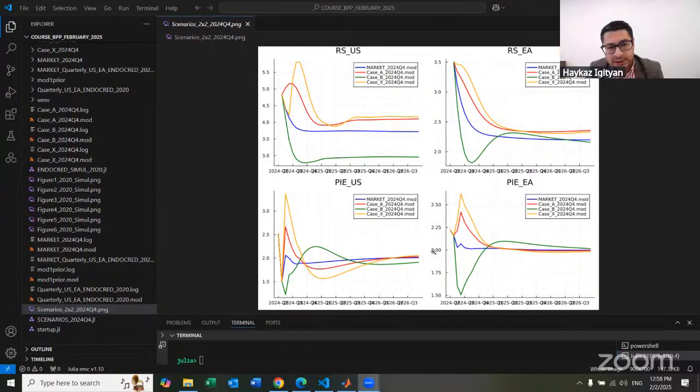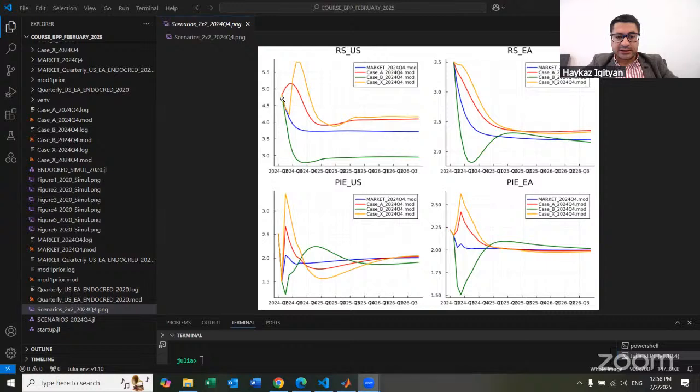Yeah. Because you can see that for the euro area, we can see the jump for policy rates. They just keep policy rates tighter for longer. But here in the euro area, they don't face any. So the story here in case X is the following: